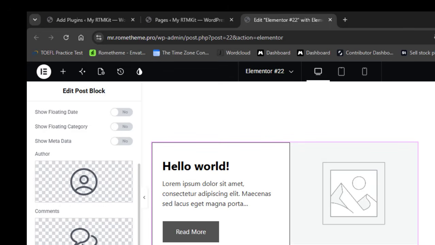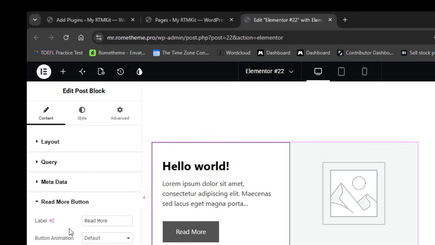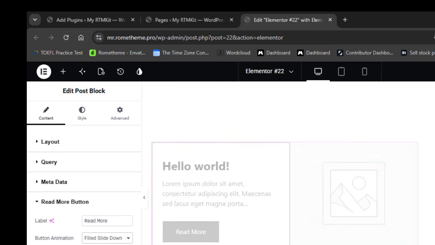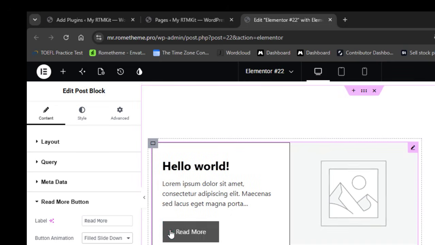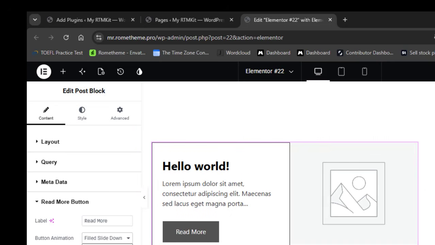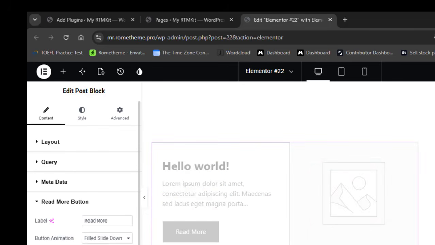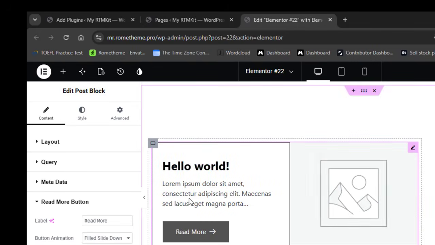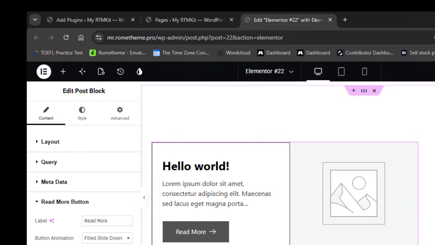And for the read more, you can change this name. And you can put animation in here, button animation. Like this one. And you can add icon as well. You can edit this one later with